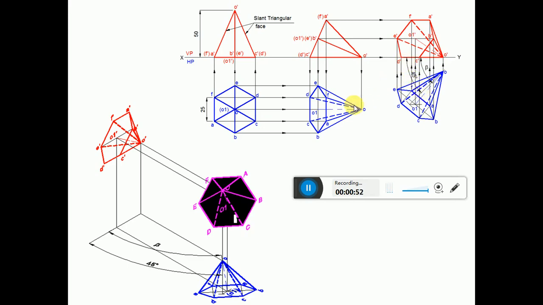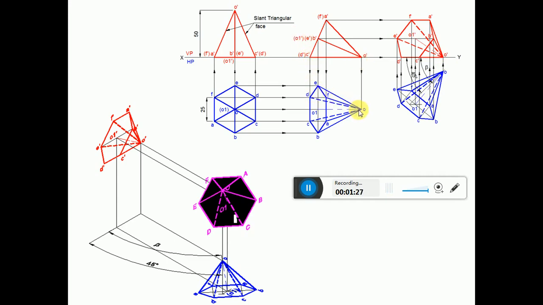But what we want to do here in the third position is copy the second position top view. But in the second position top view, the axis is inclined to HP, so you have an apparent length. But here the true inclination is given. So from the projections of lines concept, always on the true inclination we have to have the true length. Since you have the true inclination line, you take the true length of the axis.